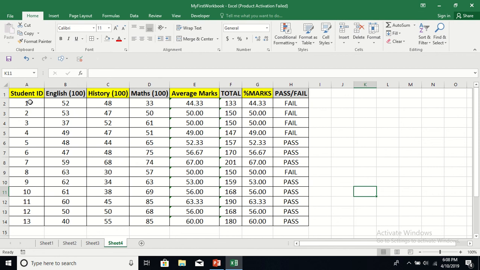For example, in column A, where we have written student ID, we have written the student ID as 1, 2, 3, 4, 5, 6, 7, and so on. But if you want to write, say, 001, your student ID is 001, and then if you press enter, it is not showing the leading zeros. Similarly, if you write 002, again, it is not showing you the leading zeros,